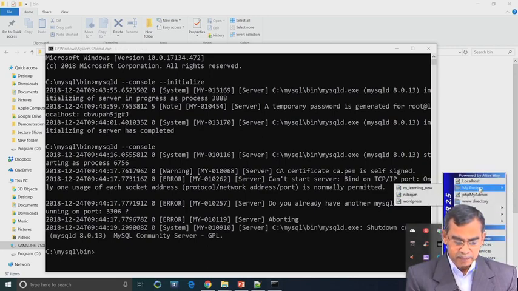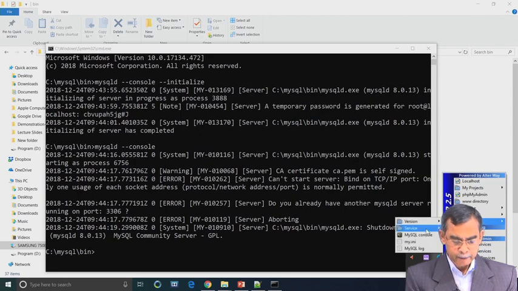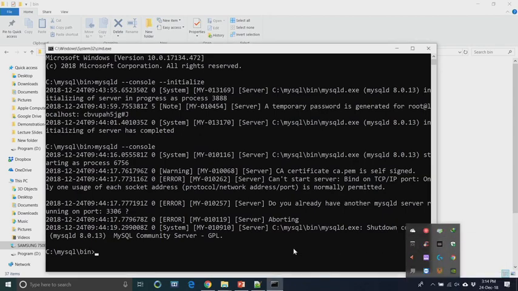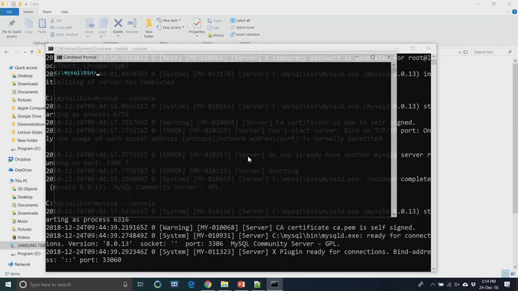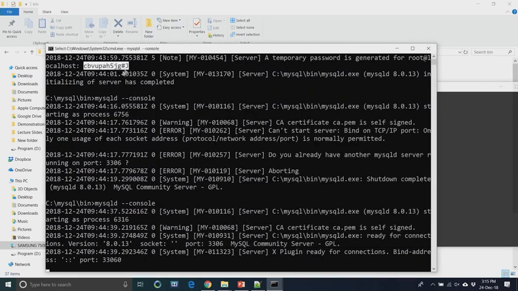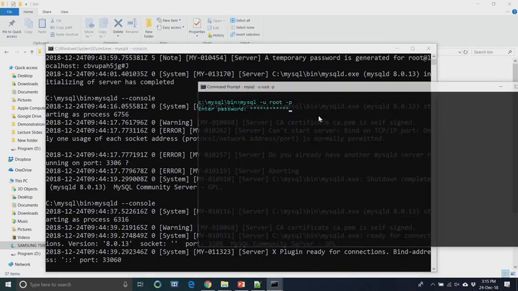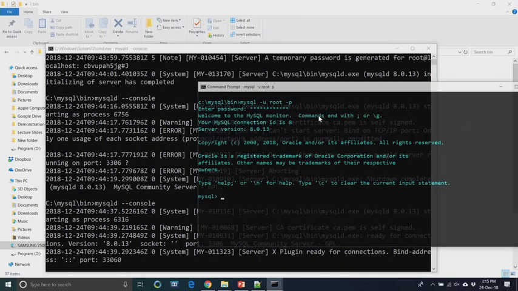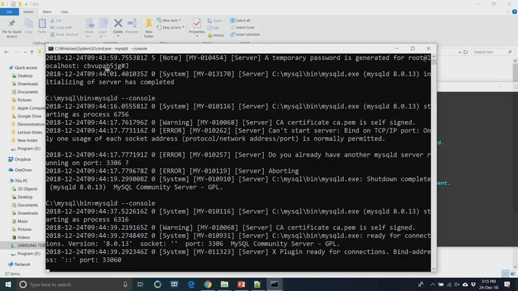Now, our next task is to change the password. We can do this again from the command mode. So, mysql -u root and then -p. So, the user is root, and it is asking for the password. In this local machine, you have to enter the password. You can type any password. In this case, we are setting the password as root.